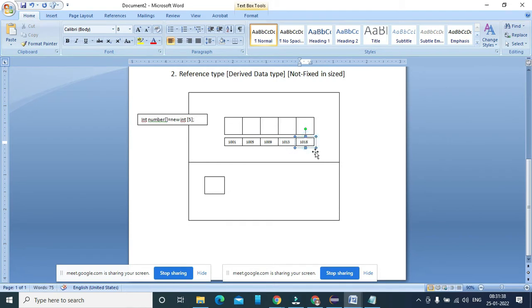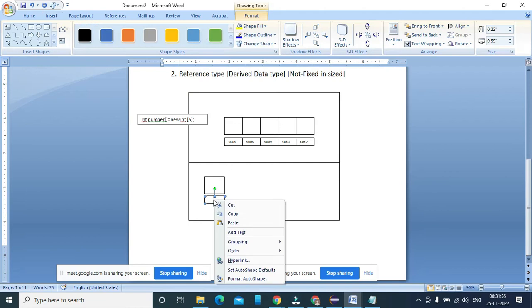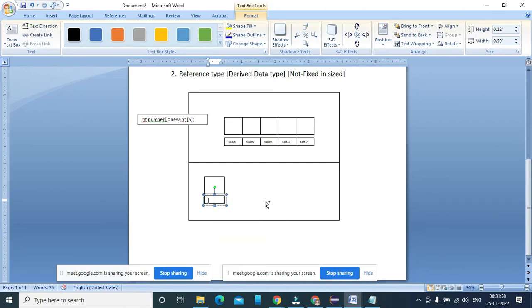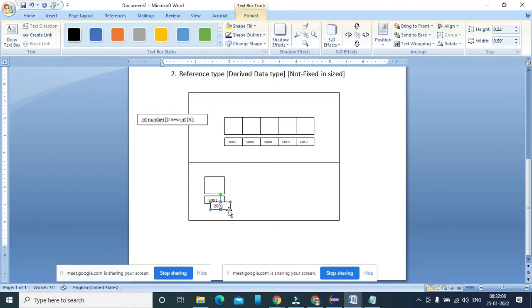My static variable is there, and these are the dynamic variables, anonymous variables that have no name. We can call them nameless variables. They have no name, but they are variables with an address. Suppose this variable has address 2001, and the name of that variable is number. It is a reference variable, holding the base address of the entire array as its value.